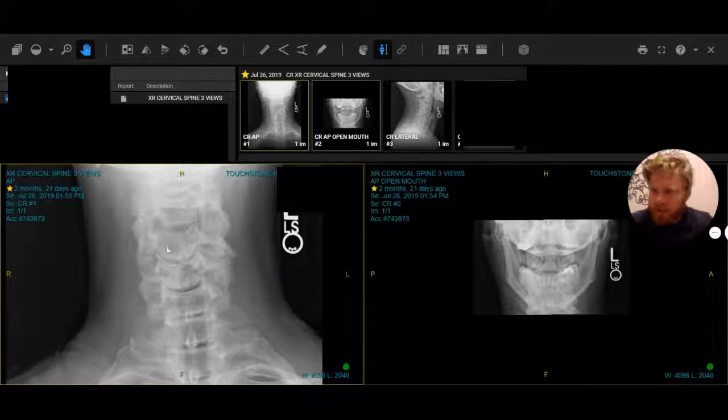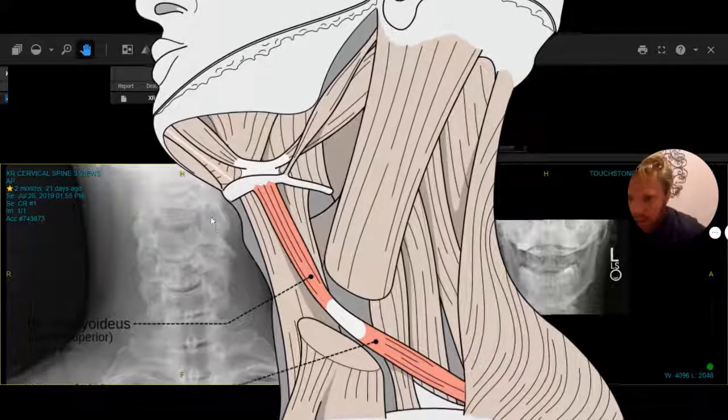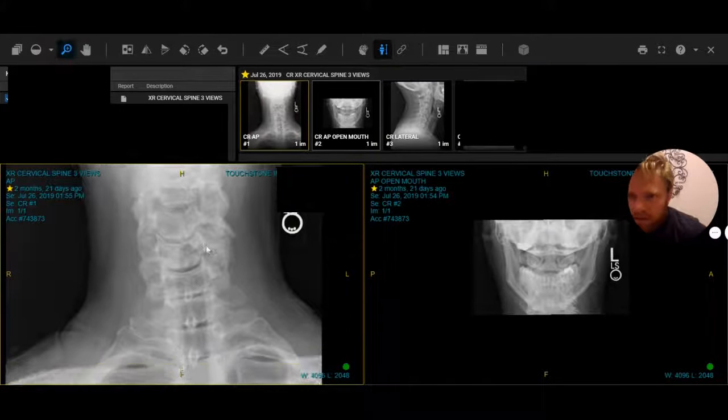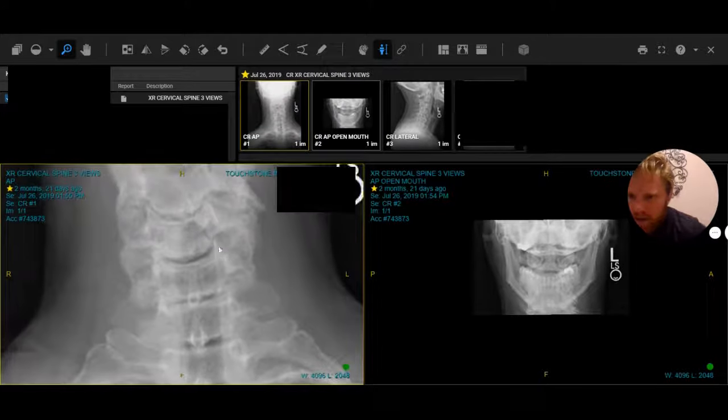Because if you look at the omohyoid muscle right here, it actually attaches to the hyoid bone, goes underneath the SCM, and then comes down. So it will actually displace the trachea a little bit. Let me zoom in right here. Now it looks kind of midline to the vertebra because there's a little bit of scoliosis going on there, but it's hidden well because if you look at the lateral,